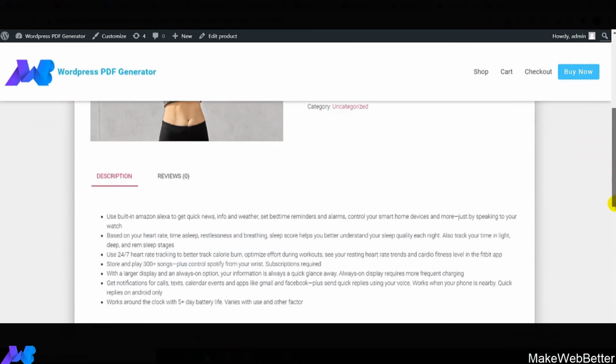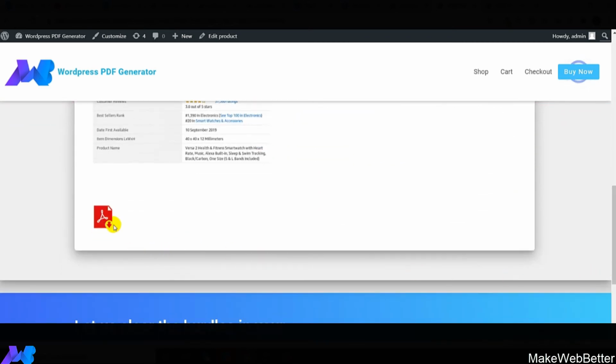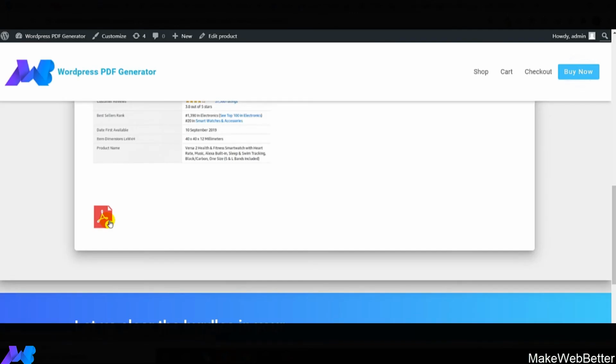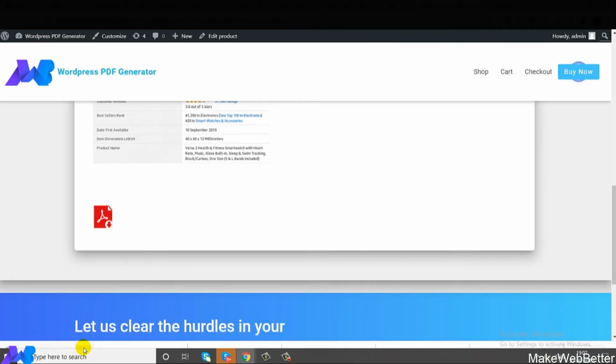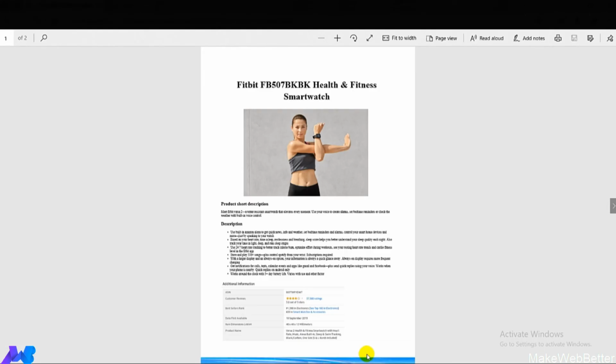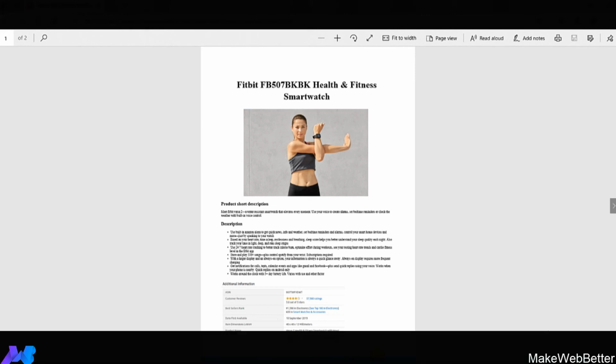So here is the option, and let's click on this option and download the PDF, and let me show you that how the PDF footer is going to look. So here we have opened the PDF, and so guys, as you can see that this is the PDF footer. As you can see that there is an image, and this is how the settings of PDF footer is going